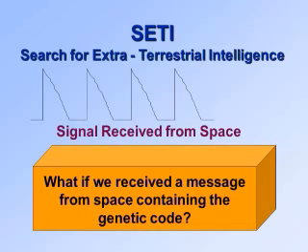Now let me say what I said again, since I lost your attention. If we received a message from outer space that just contained the genetic code in it, and we were able to decipher it and read it, what do you think everybody would say? There's an intelligent source from which we got that. There would be nobody that said, isn't it interesting what those stars did up there, blinking out the genetic code? Nobody would say that. Every newspaper on earth would announce we've received a message from outer space that's from an intelligent source.